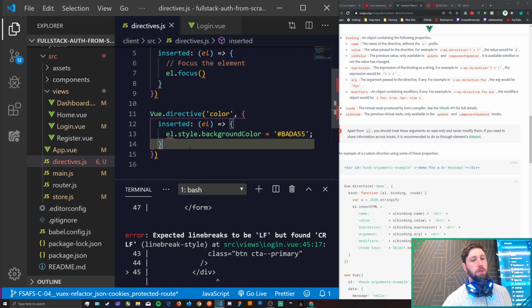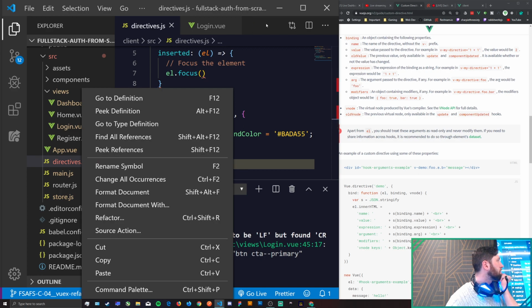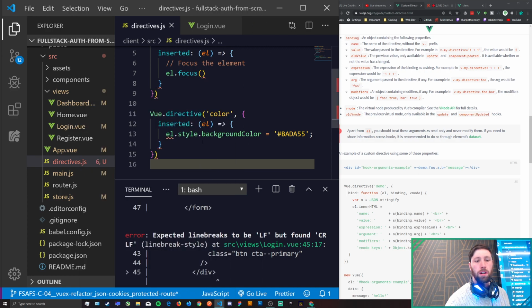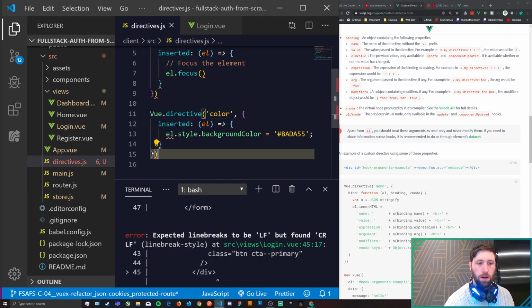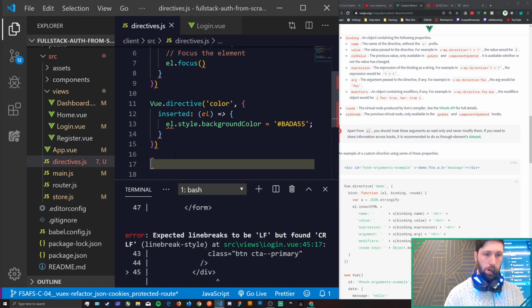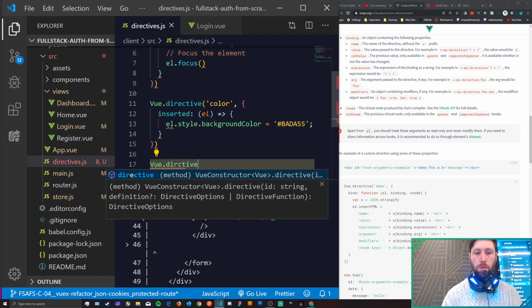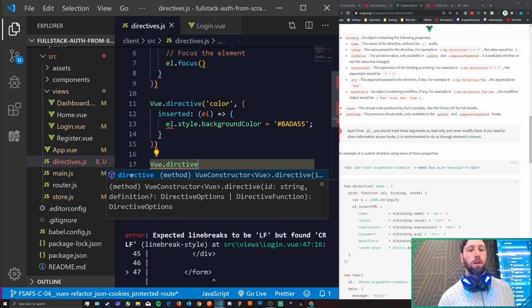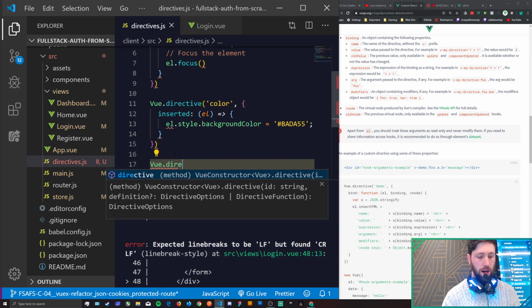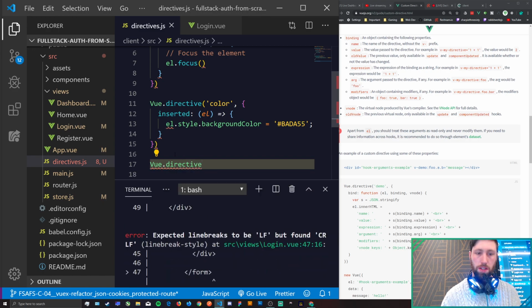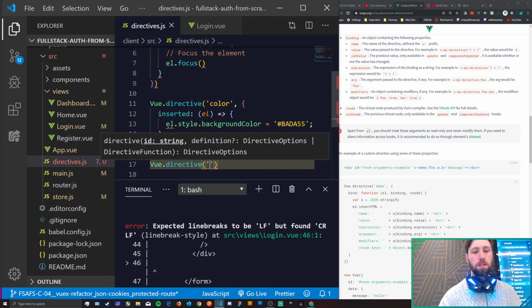If it's something super taxing, super demanding, I'll decide whether I want to extract it to an actual function or not. Because directives are meant to be really small, kind of like helper functions inside of your HTML,